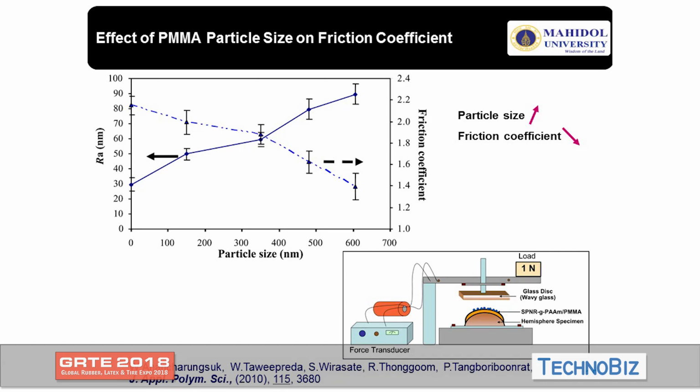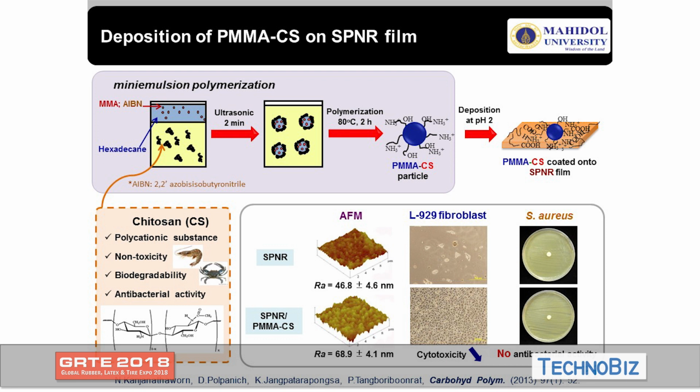So we can improve the problem that I have just mentioned before by replacing the lubricating powder with the PMA particles. In order to reduce the steps of preparation, the PMA particles need to be directly deposited onto the ungrafted SPNR film. To do that, these PMA particles need to be covered or stabilized by the cationic polymer, which in this